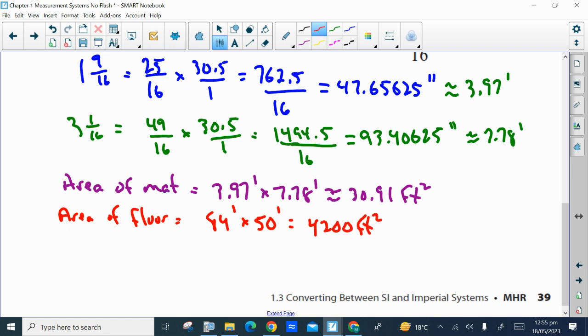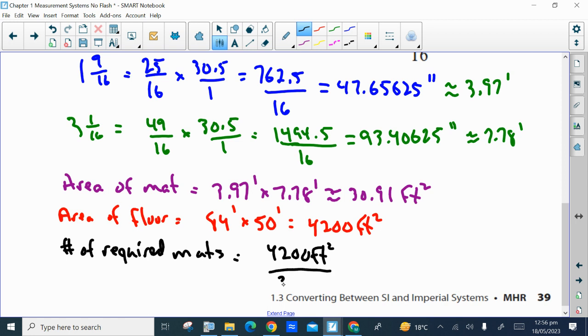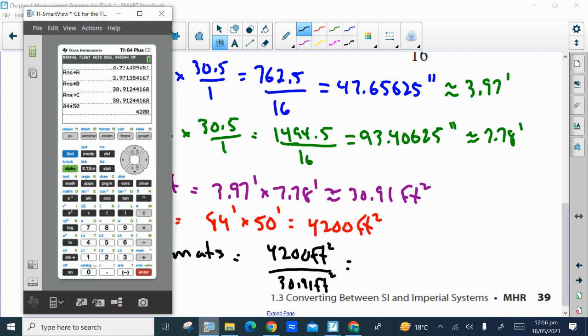So then to find out how many mats would be required, we would divide those two numbers. The number of required mats would be found by dividing those numbers. They need to cover 4,200 square feet altogether. Each mat covers approximately 30.91 square feet. If we divide them, that'll tell us how many mats are required. So 4,200 divided by the number we put in memory slot C, approximately 136 mats